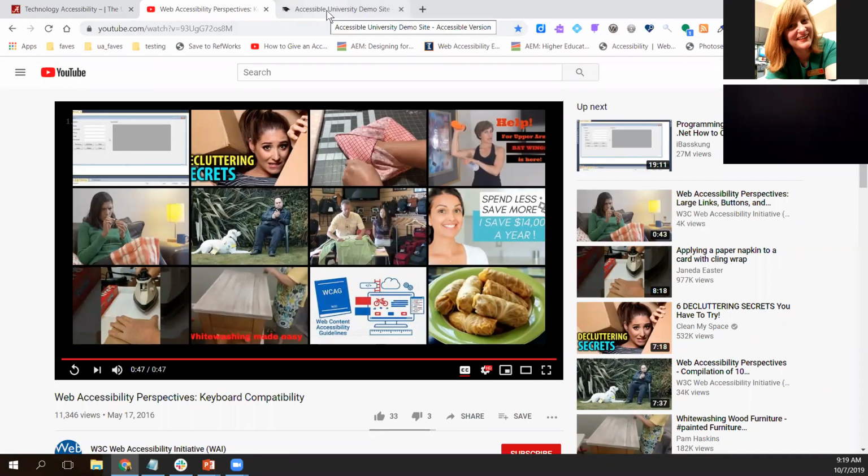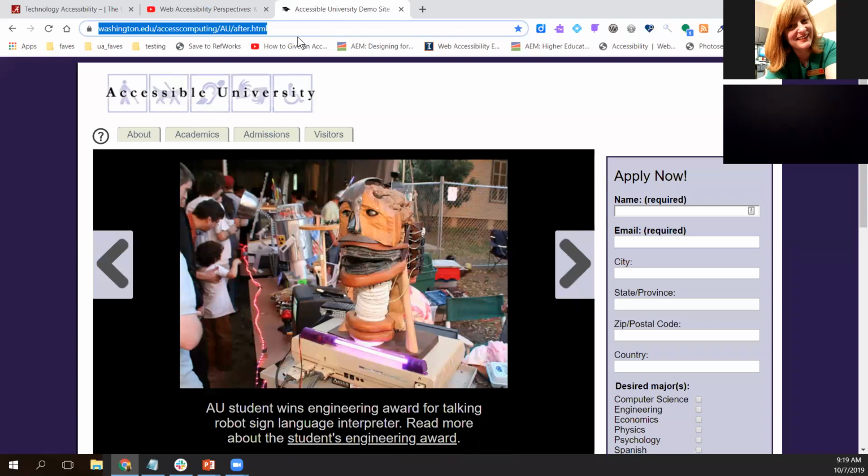So people with physical disabilities who can't use the mouse, people who are blind and can't see the mouse pointer on the screen, people with chronic conditions such as repetitive stress injuries, who should limit or avoid use of the mouse, people with temporary limitations like a broken arm or a broken mouse. All of those users need to be able to access and use your site. Because of all of this, all web content should be accessible using the keyboard only. I'm going to return to the accessible version of that